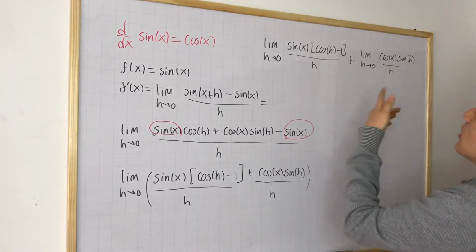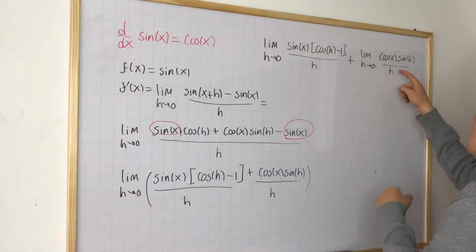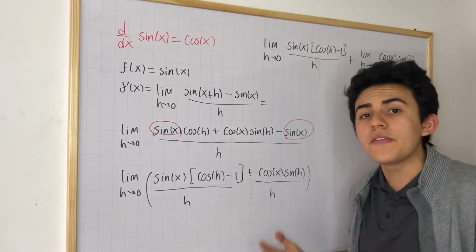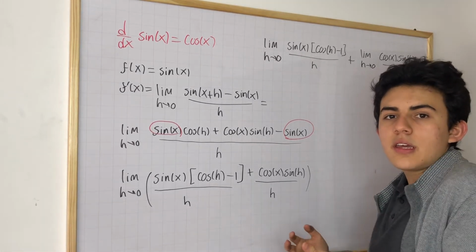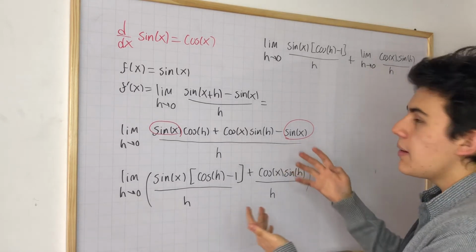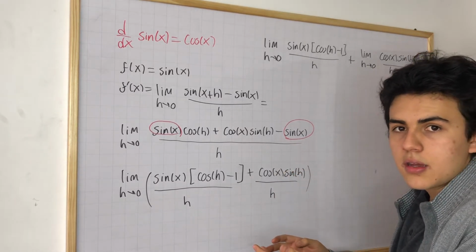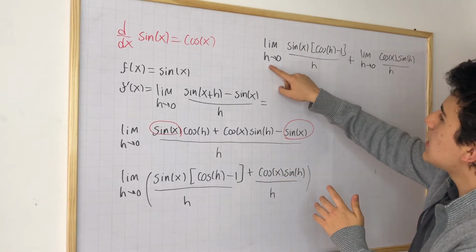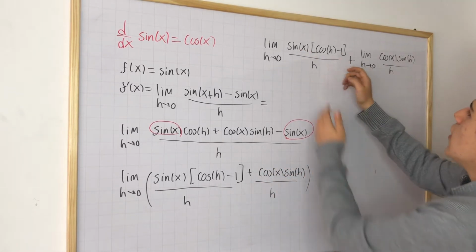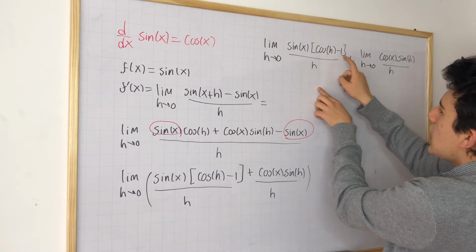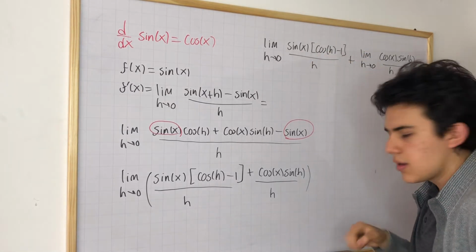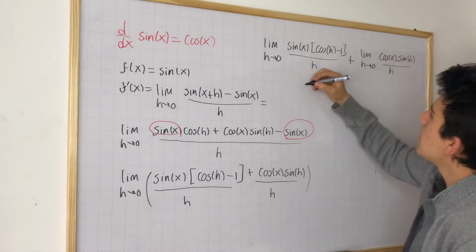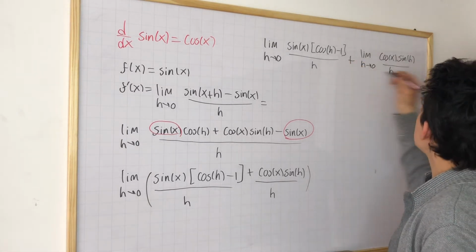So in this case we could consider sine of x and cosine of x as some sort of coefficients, or basically you can take them out of the limits because they are simply multiplying. So it would have the same effect as if you just simply said sine of x times the limit as h approaches 0 for just the part of cosine h minus 1 over h, okay? So this is what I mean. This entire thing is the same as